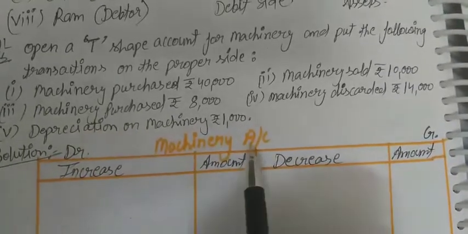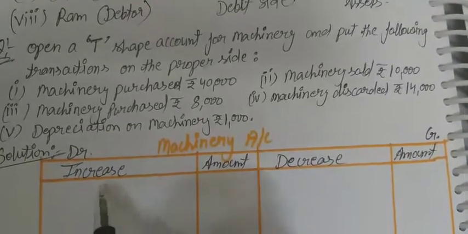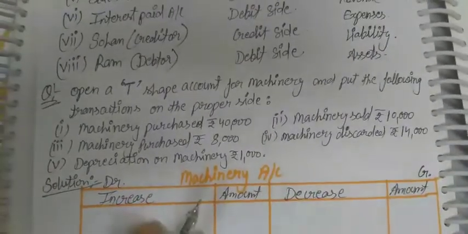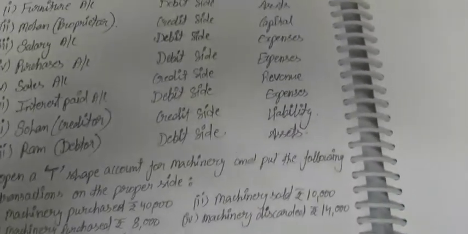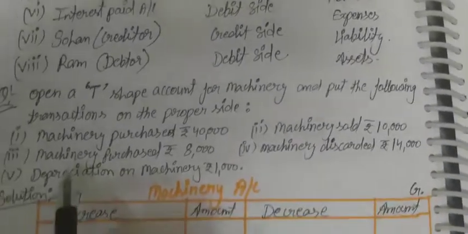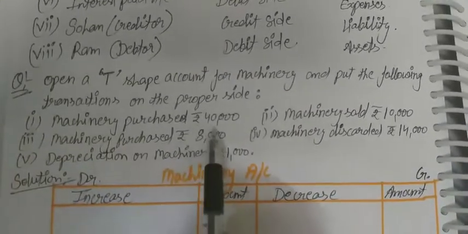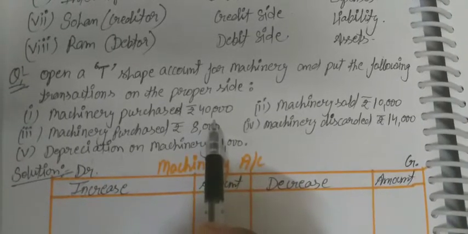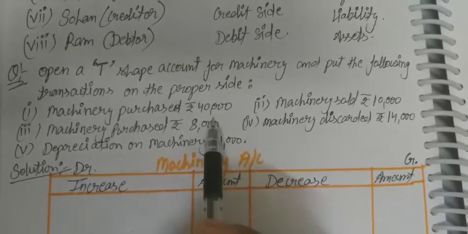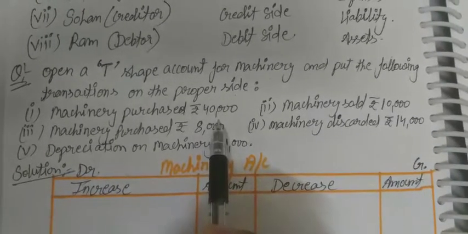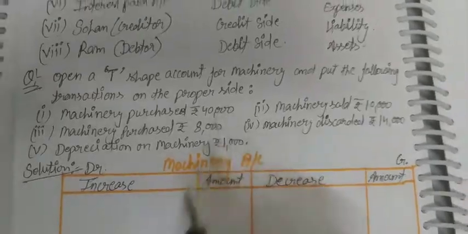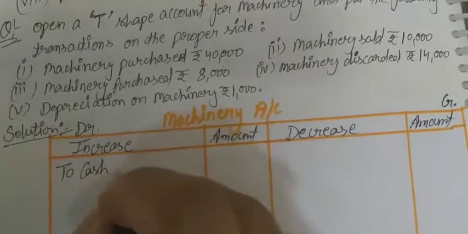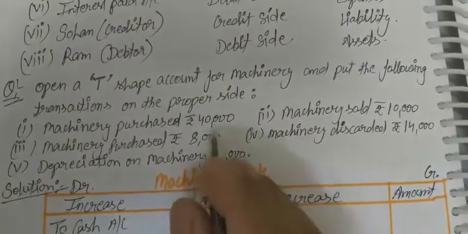So according to machine account, it is increase in debit side, decrease in credit side. I have already prepared. So now we have to record according to the transactions given in this question. So the transactions are, first one is machinery purchase rupees 40,000. If we purchase the machine, the machine will come inside the business, and if the machine comes into our business then the value of machine is increase, so it means debit side. To cash